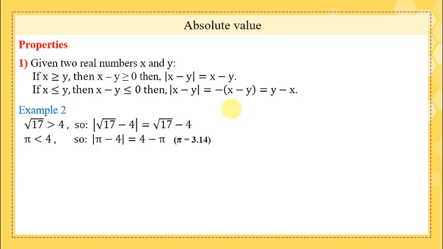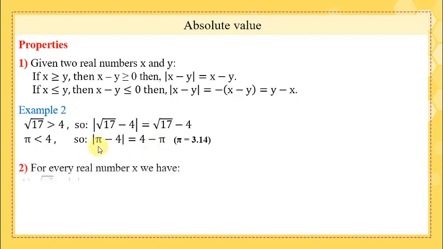Example 2. Radical 17 is greater than 4. So absolute value of radical 17 minus 4, after removing the absolute value, we get radical 17 minus 4, since the number inside is positive. But here, pi is less than 4. So when we remove the absolute value, we multiply it by minus to get 4 minus pi,